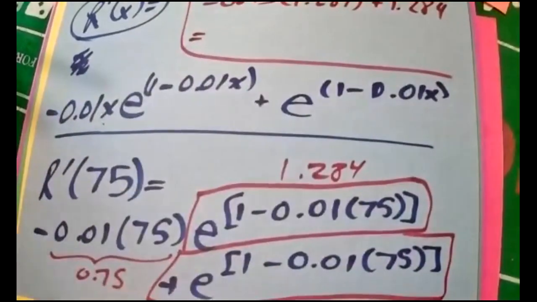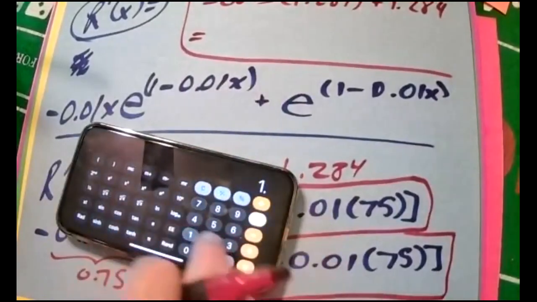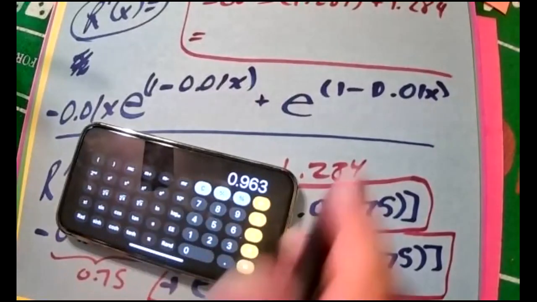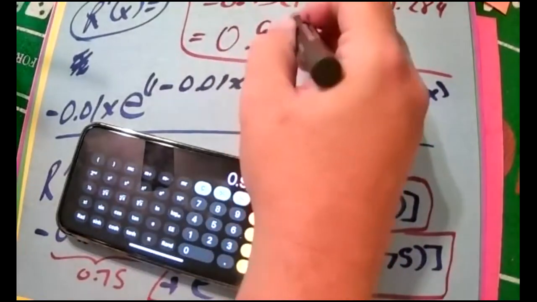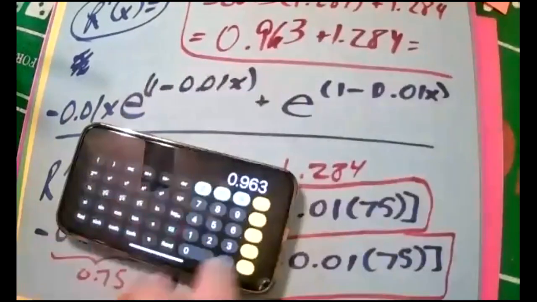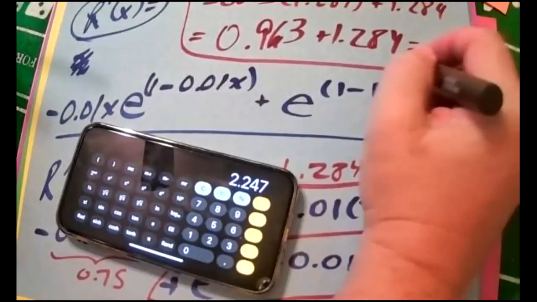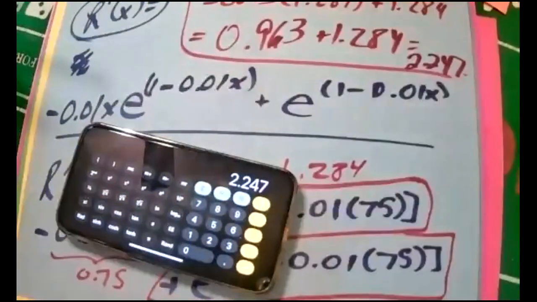That's going to be negative 0.963 plus 1.284. So we add that plus 1.284. I'm getting 2.247. Now remember, again, that's in thousands. So look at the question. If my answer is 2.247,